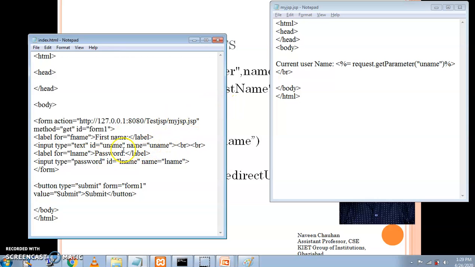So you can see here I'm using the uname, right? Here it is the text field. This text field name is uname. So I'm using this uname text field. So once I'm pressing the enter button,